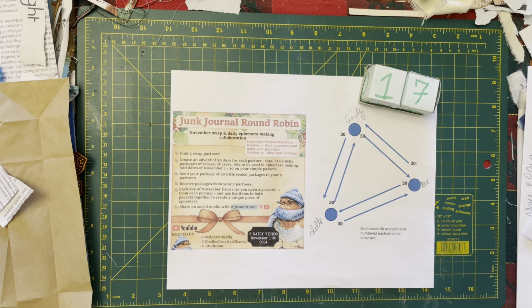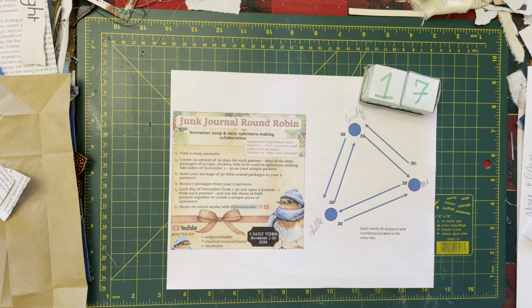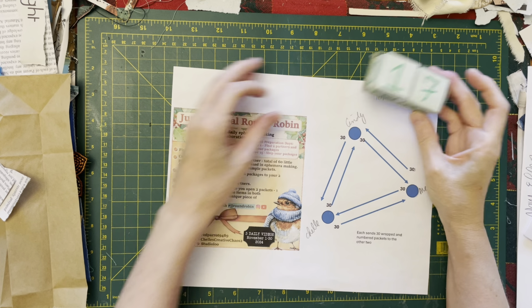This is an episode of Junk Journal Around Robin, which is a November swap and daily ephemera making collaboration between me, Shell at Shell's Creative Chaos, and Cindy at Studio Lou. We have a video every day where we are making ephemera from materials that each one of the other have sent us in a secret little envelope or package, so we get two things to unravel. Today is day 17,